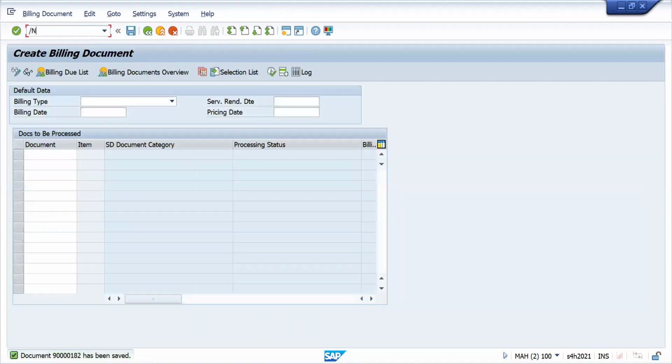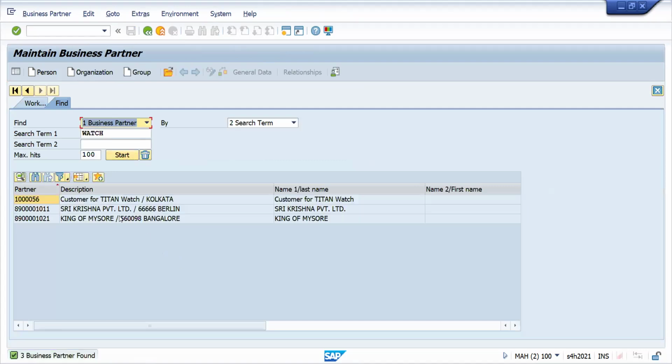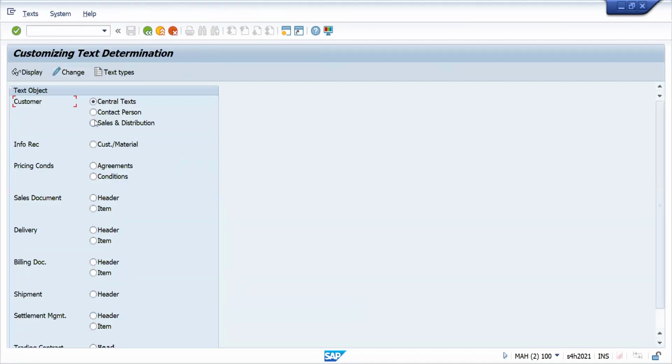For the text to flow from the customer BP, I have maintained the text actually. Click this. This is the text that is maintained. Now let's go to the configuration transaction. Here I maintained ZD04. Okay, let's go to the